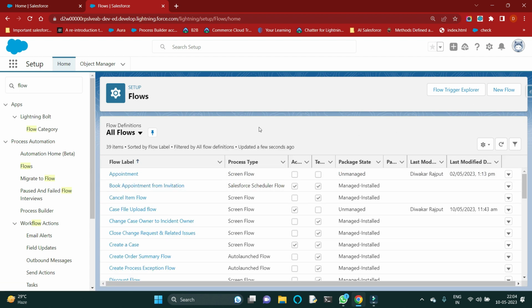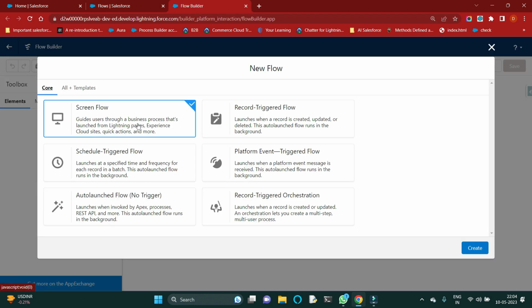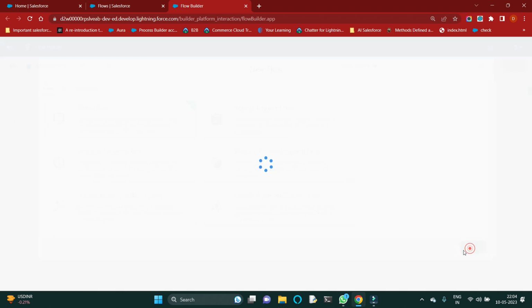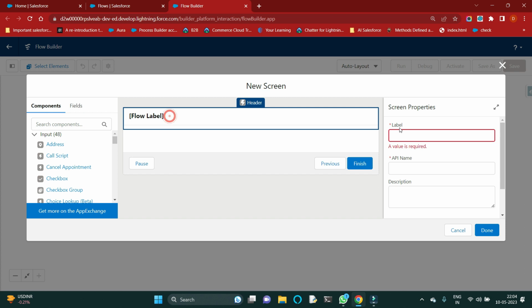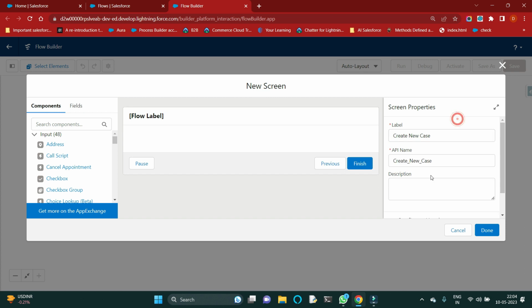So in this example, I will create a new flow for the case object and we will create the case with the help of flow. Okay. So just create a new flow and search screen flow, create, click on this plus icon and select screen, and just give the name of your screen like create new case. Okay. And now just add some fields here, like text for the subject line